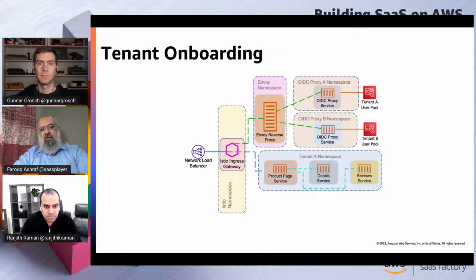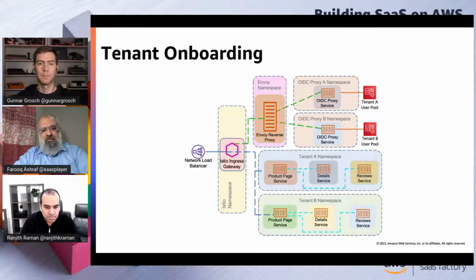And also we deploy the Istio Ingress Gateway configuration files that we just saw, so that this namespace is associated with the Ingress Gateway, and the Ingress Gateway knows that it needs to forward traffic for this tenant, and similarly for the second tenant as well. So pretty simple 4 or 5 step process of tenant onboarding, and I would definitely like to show the hands-on piece where I can actually run those scripts and show how this onboarding happens.